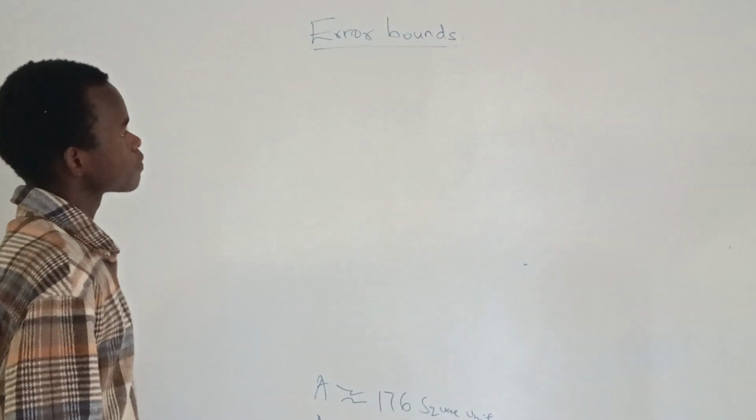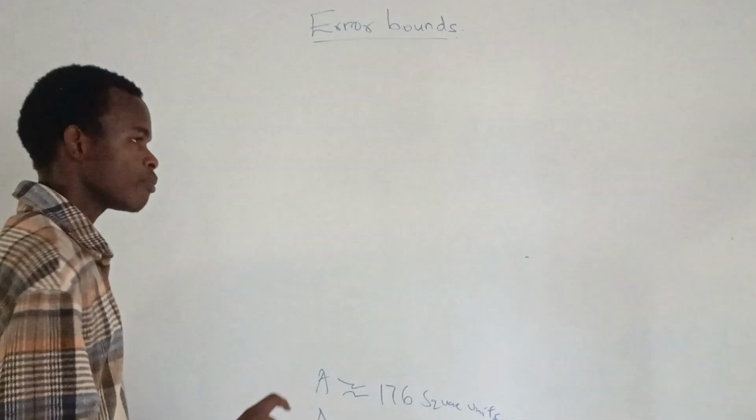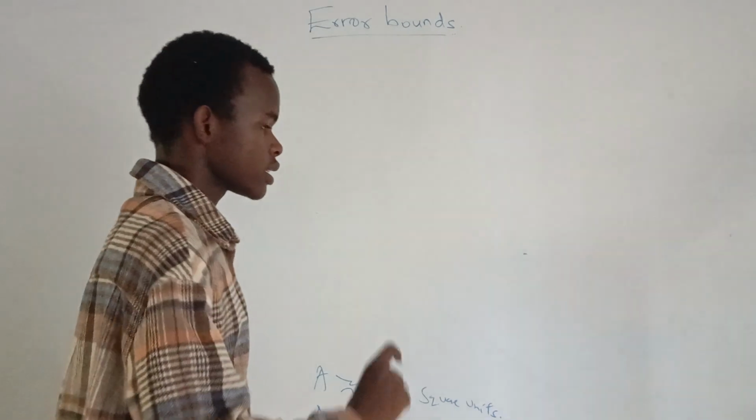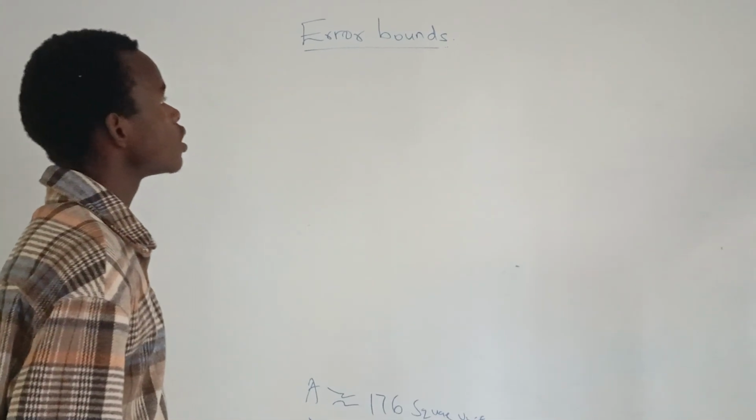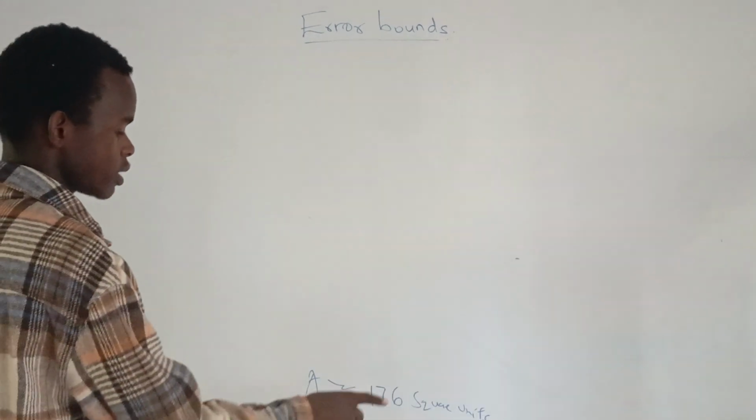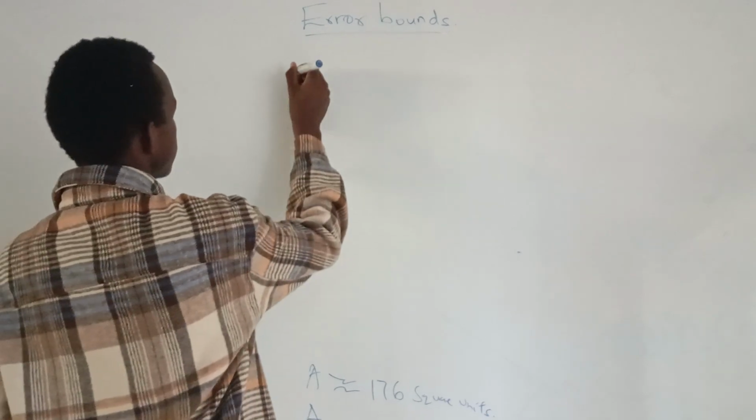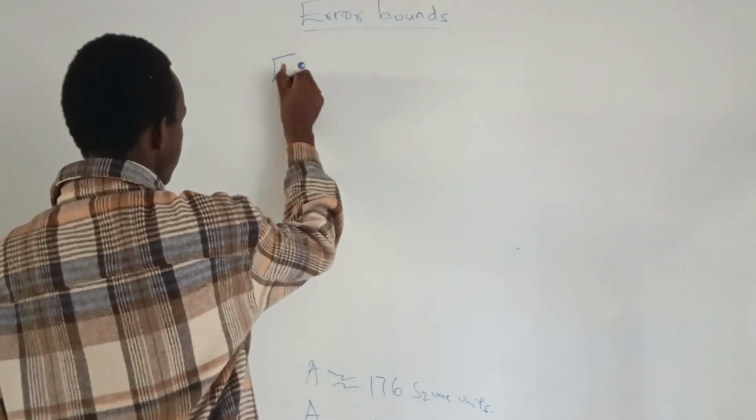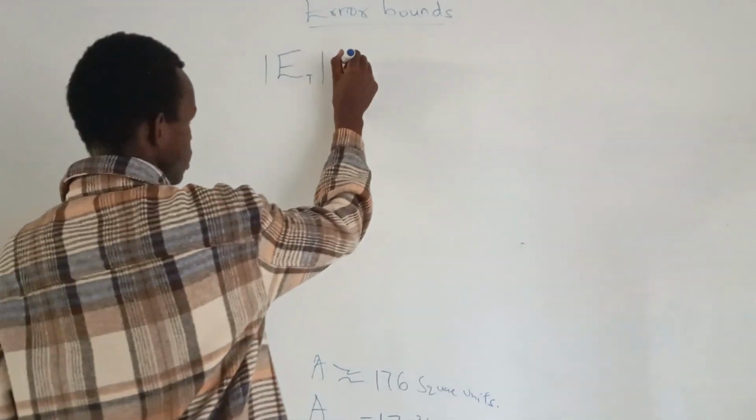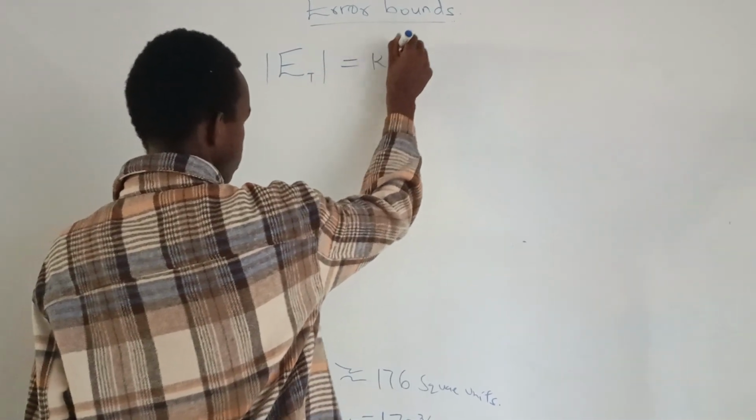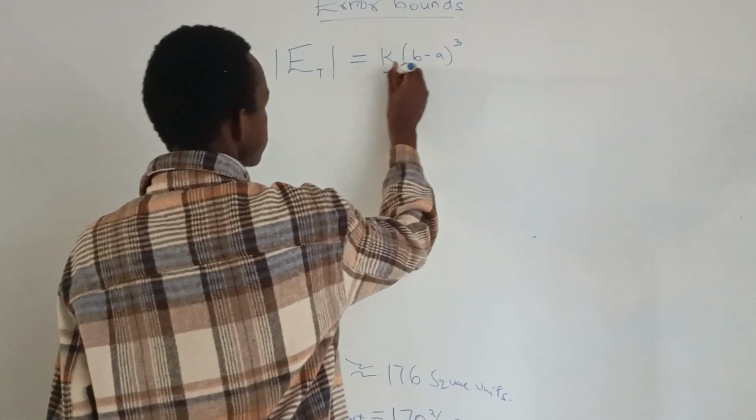So error bounds are just the upper bound, that's the maximum error someone is allowed to commit while approximating areas using these approximations. So for the trapezoidal rule, we say the error using the trapezoidal rule is calculated as k times (b minus a) to the third, divided by